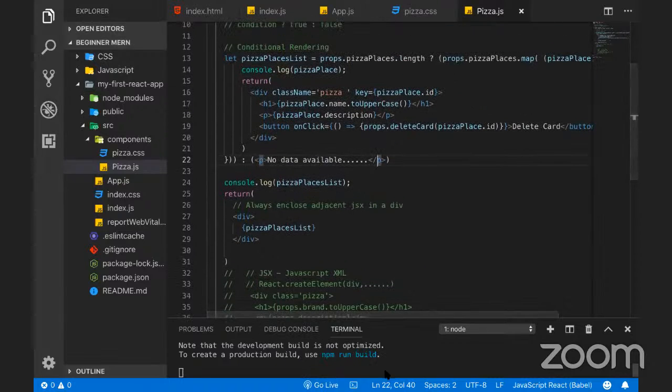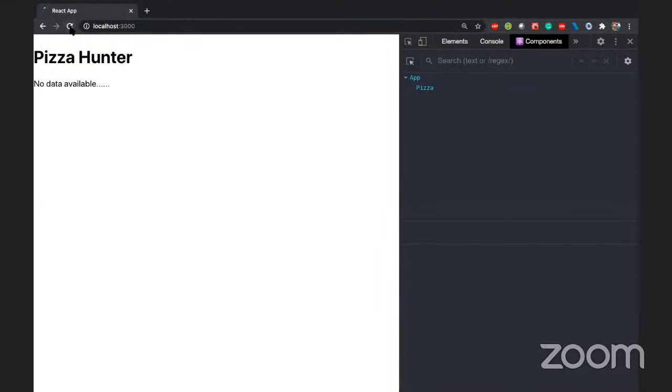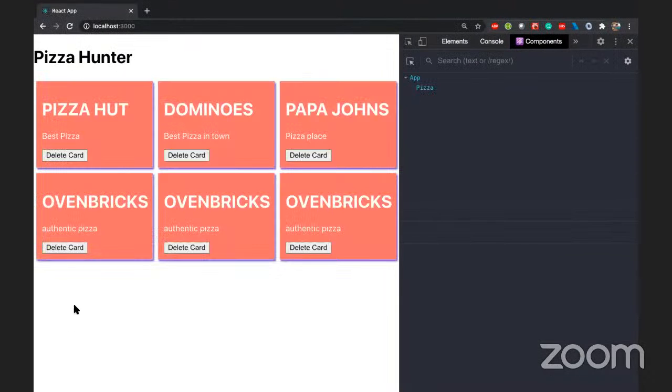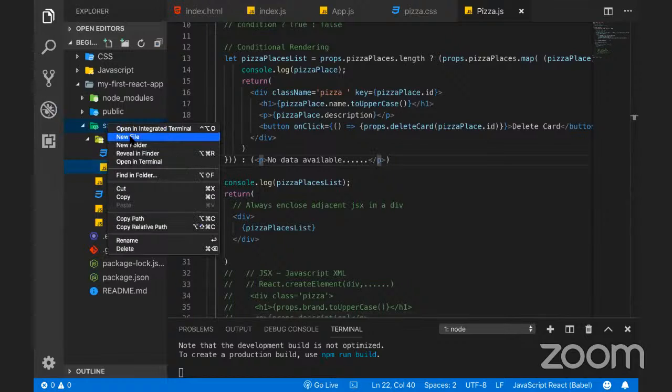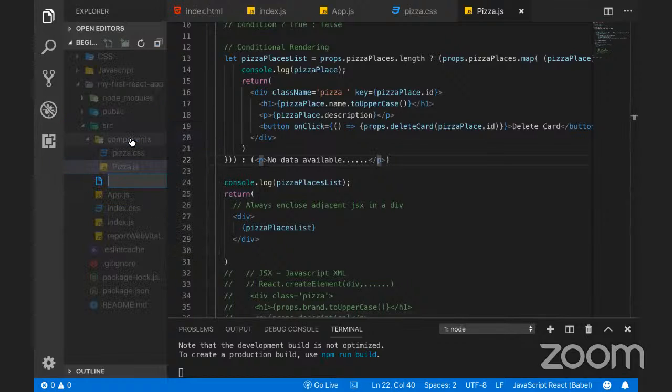अब मैंने क्या बोला था, we want to also have a functionality which will help me to create a form over here, and that form should be able to add the cards in this particular app. तो फ्लो क्या होगा, एक और कंपोनेंट बनाते हैं. ठीक है. So let's create a new component and I'll create a new file and I will call it as